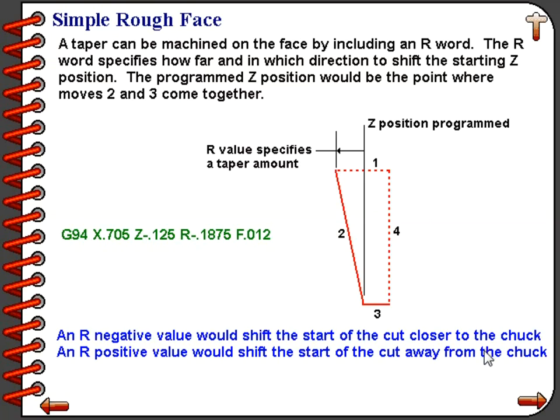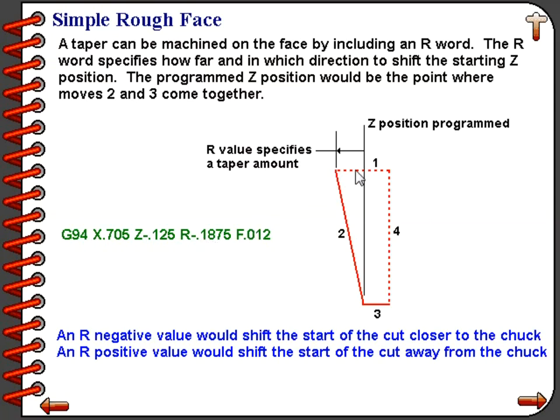In our example here, we have the command G94 X 0.705, which is down at position number 3, Z minus 0.125, which would be at that point where 2 and 3 come together on our diagram, an R minus 0.1875, which means that it's going to shift the start point of that movement to the left, or closer towards the chuck,